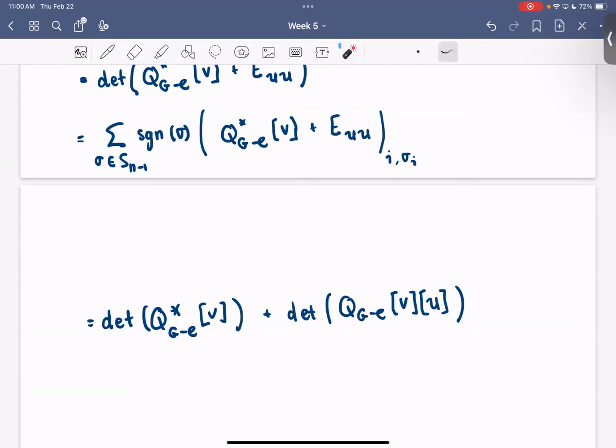Okay, so for one, we can split this into two parts, right? So we'll have one sum just consisting of these things. And then we're going to have another sum consisting of